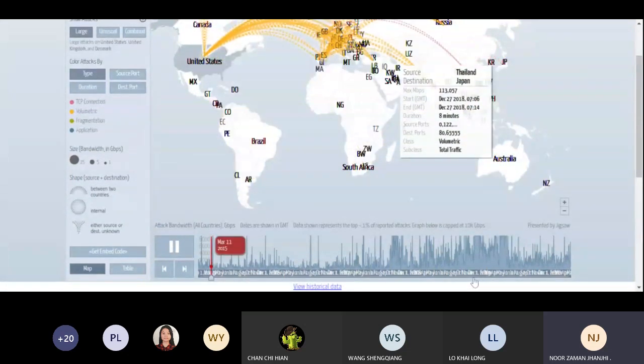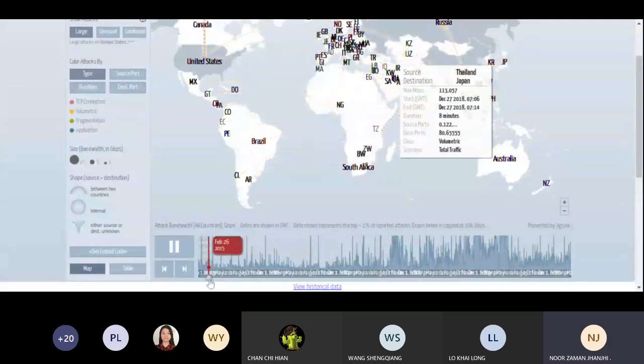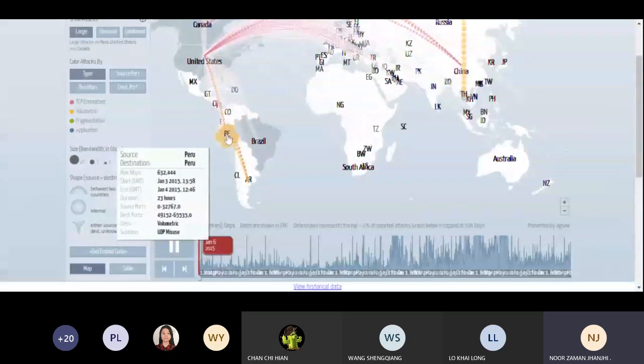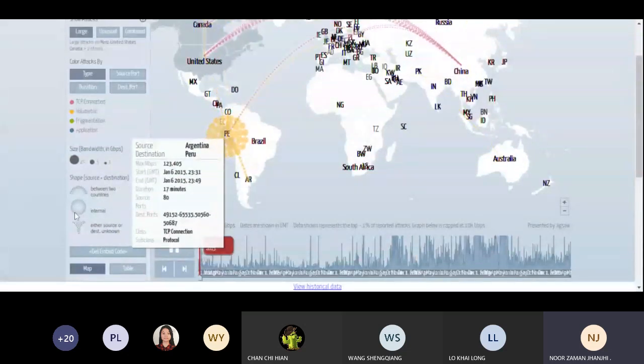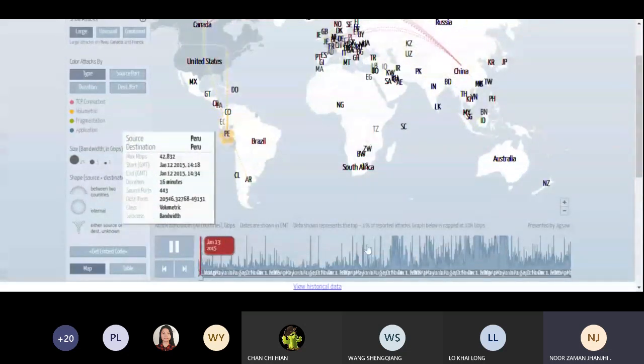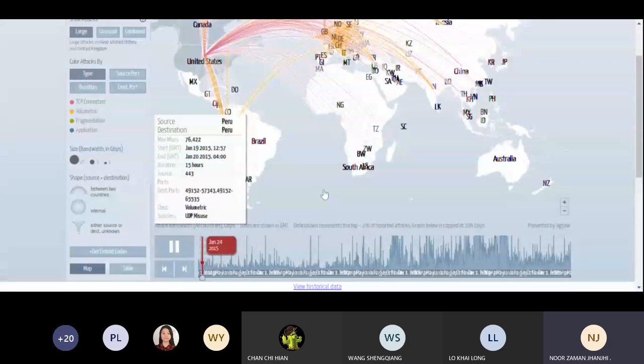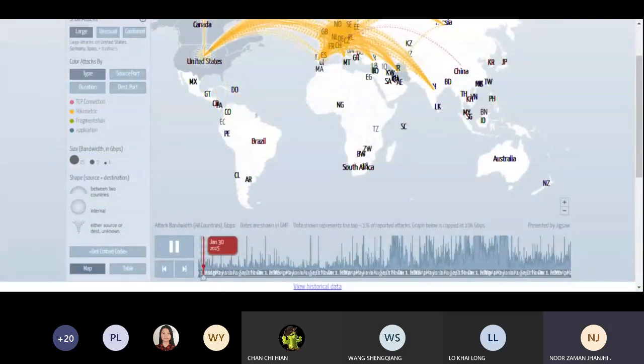So if you allow me, I can take it here. You will be able to find, just see now, a moment before, you can notice this is the pattern which we have internal. So it means this is the pattern where in this particular area, it is like this. So this is the internal attack. Anyhow, you can go through this and have a look at more of this one.